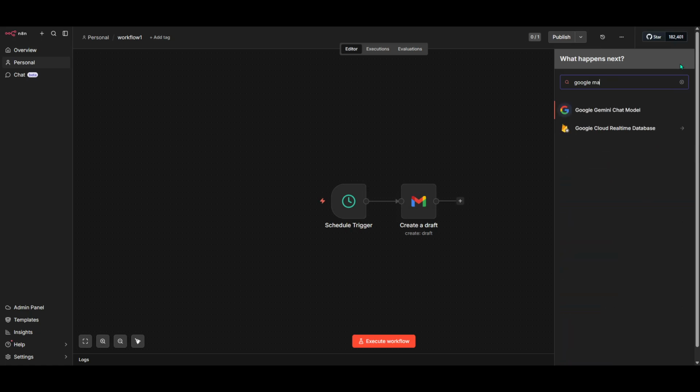And that's it. You've connected the Google Maps API to n8n, saved it as a reusable credential, and you're ready to build